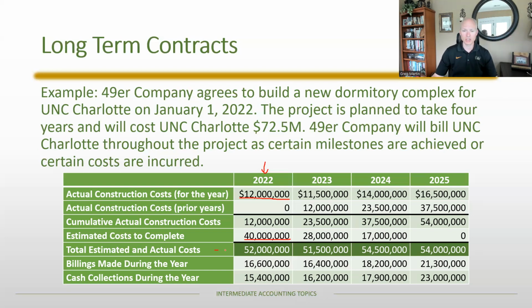And what that means is the total cost that they believe they will incur to complete the project is 52 million, meaning that they've built in this $22.5 million profit. And then there's additional information. There are some milestones that they have hit, and given those milestones, they were able to bill the customer 16.6 million. And of that, UNC Charlotte has paid 15.4, meaning that probably at some point in the new year, they'll pay